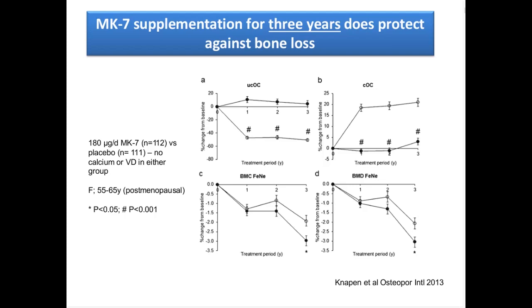Now, what's really important is in this study, the placebo group did not get calcium or vitamin D, nor did the menaquinone 7 group. And so this is a study which has just compared menaquinone 7 without any calcium and vitamin D. So we have no sense of whether these women were calcium or vitamin D replete. And all the other studies with the phylloquinone were done with the calcium and the vitamin D replete. So this is a distinction that we really haven't